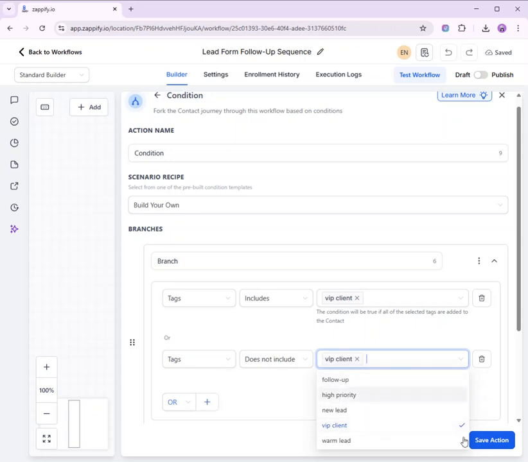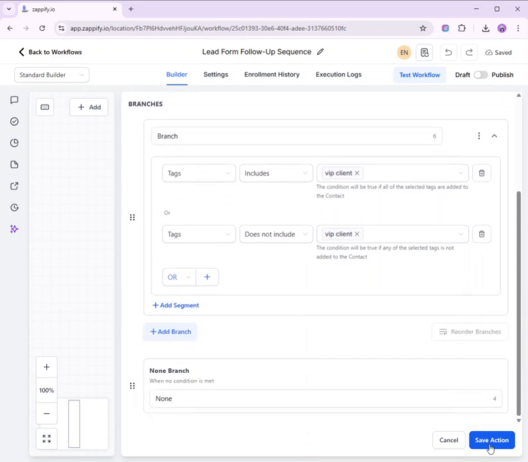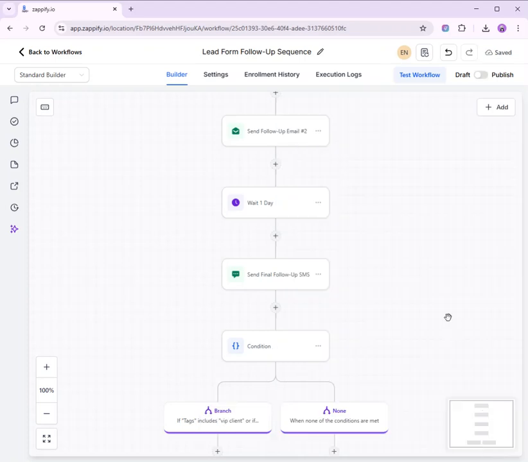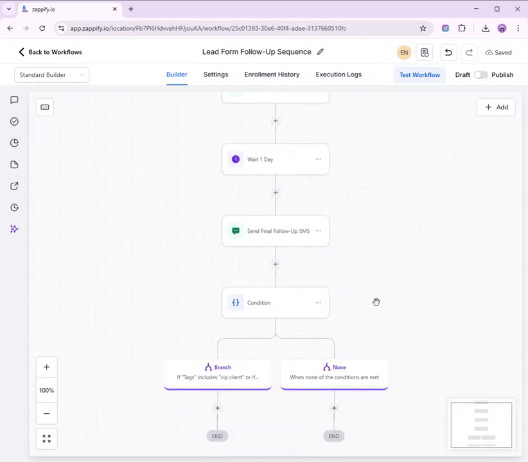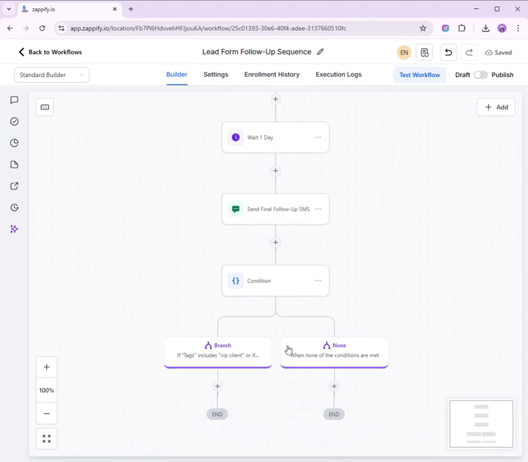This one. Okay. After that, click the save action. So here's the branch that we create.